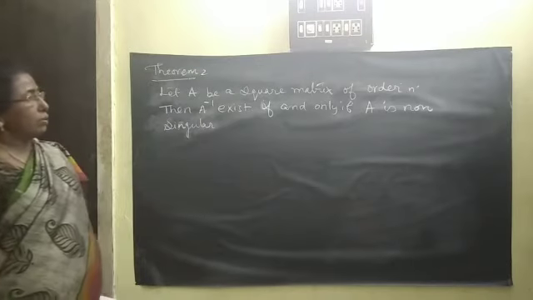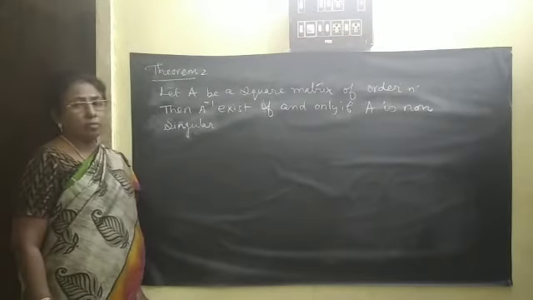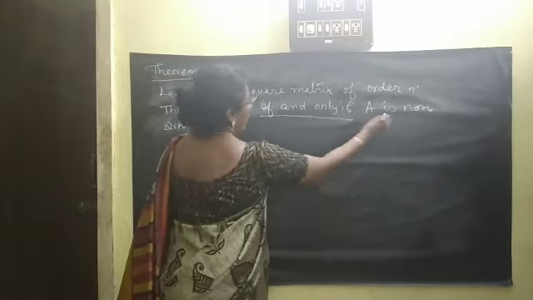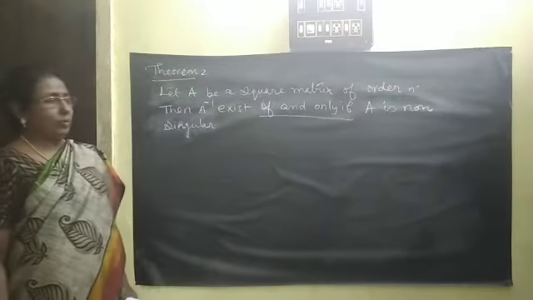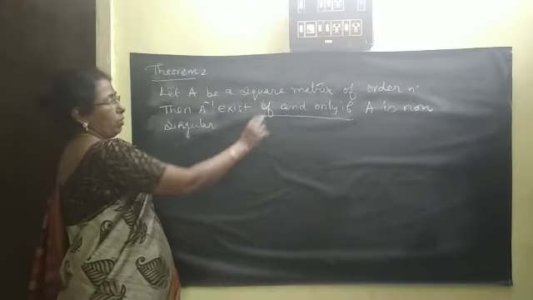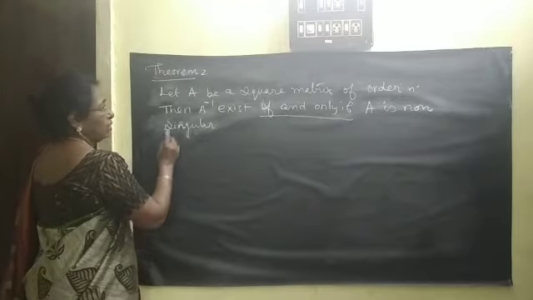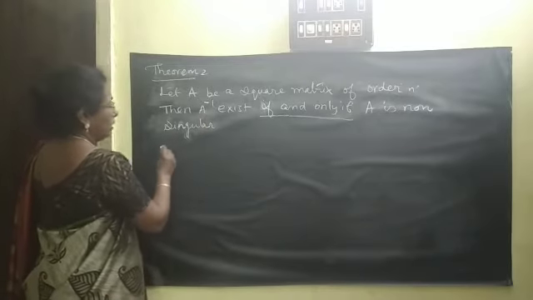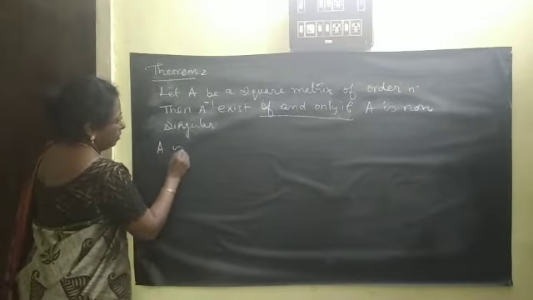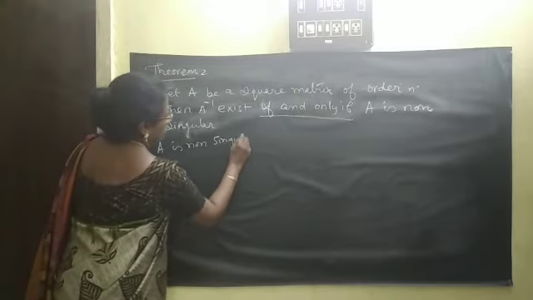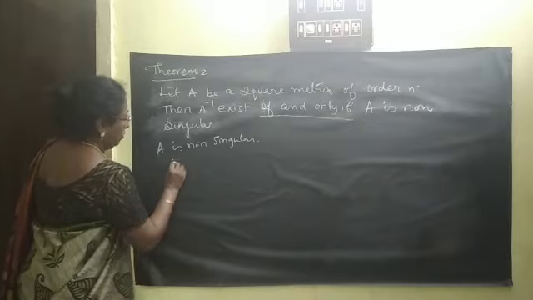If A is a square matrix of order n, then A inverse exists if and only if A is non-singular. So when we say if and only if, we should prove two cases. The first case, let us take A is non-singular. Then